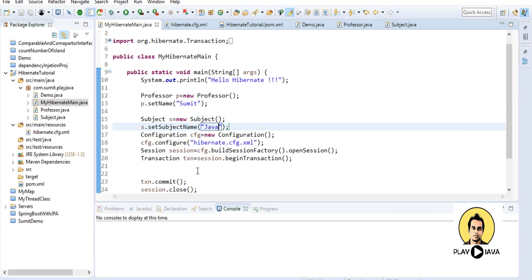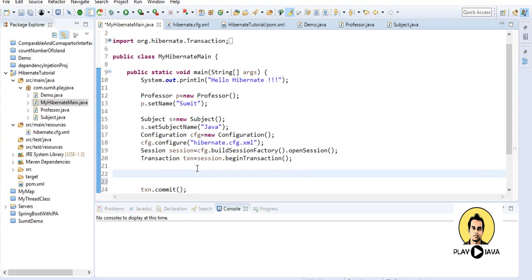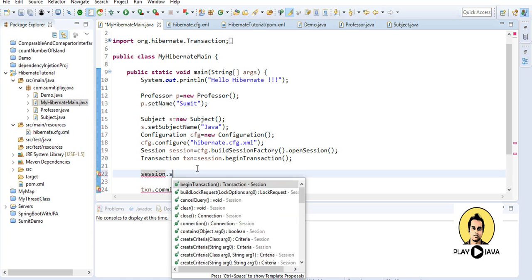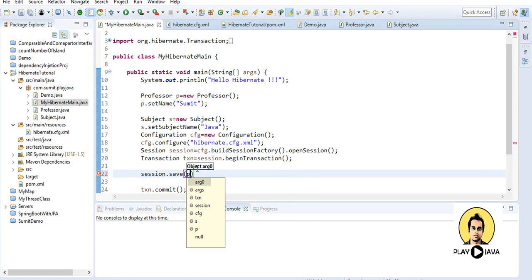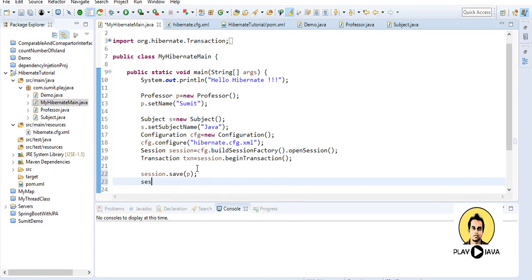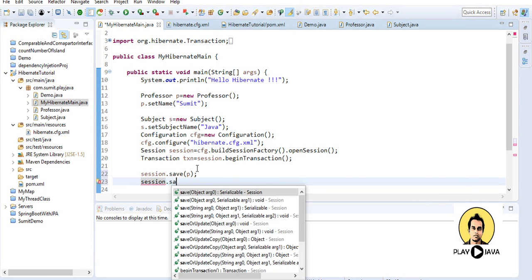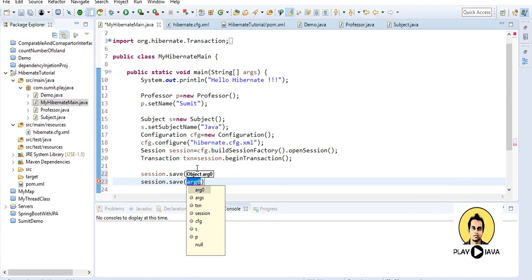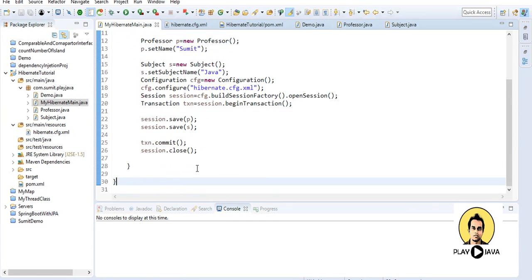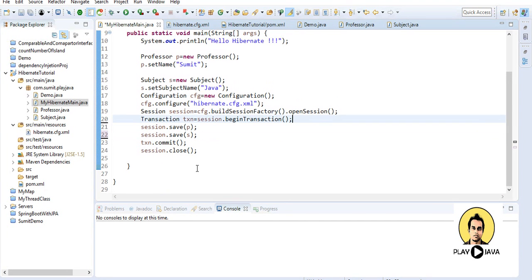Okay, and I will do the transaction here. session.save for professor, and session.save for subject. Okay, finally I will commit the transaction, and now I will run this file.